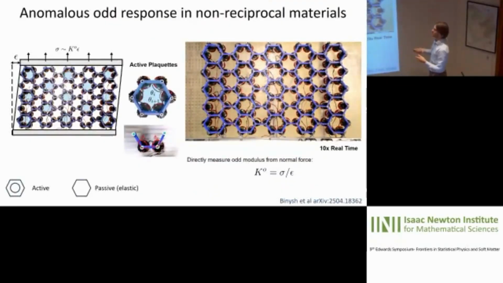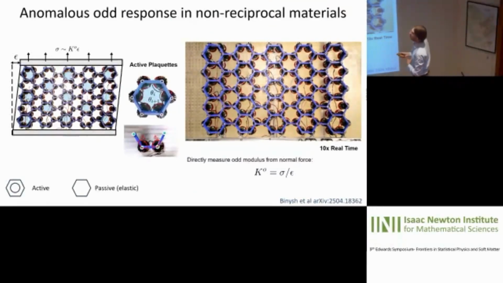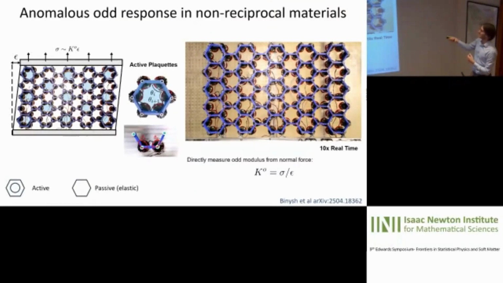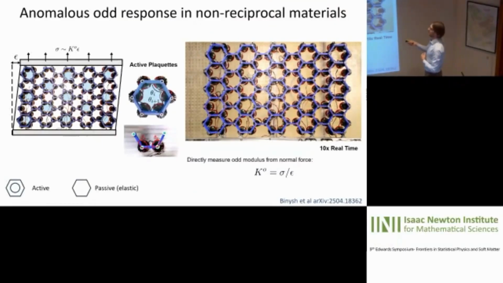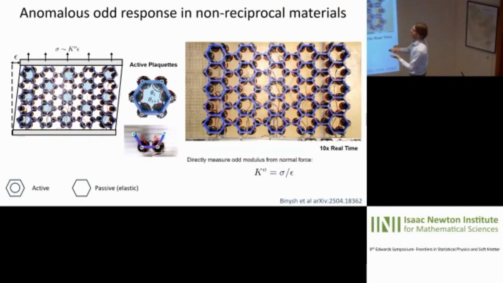But anyway, so now what we want to do is go back to the microscopic system, right? This hexagon made of robots, and tile it into a lattice, right? And then figure out what the odd modulus is for this lattice, how it's related to this microscopic activity, and what sort of micro-macro relation you get for these different configurations. So this is a particular lattice that was made in the lab. This was in Anton Souslow's lab in Amsterdam,